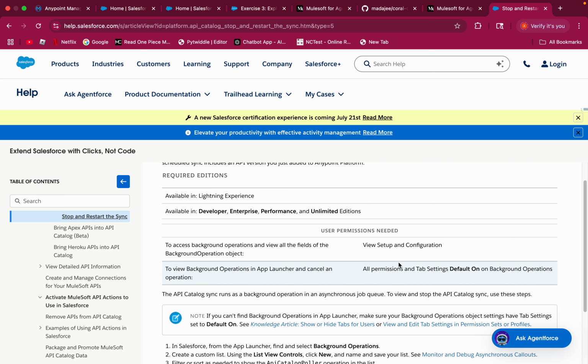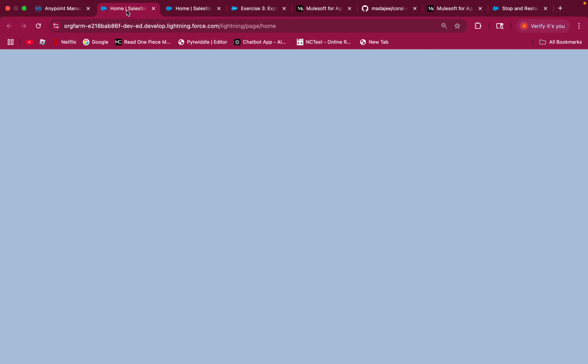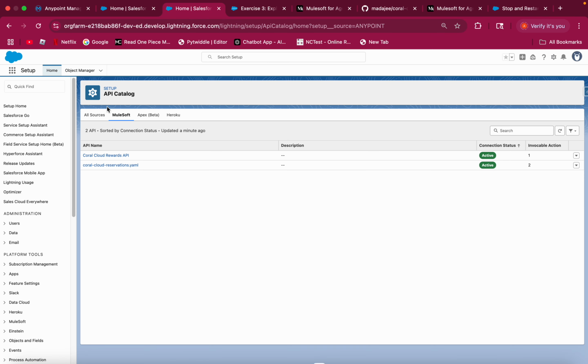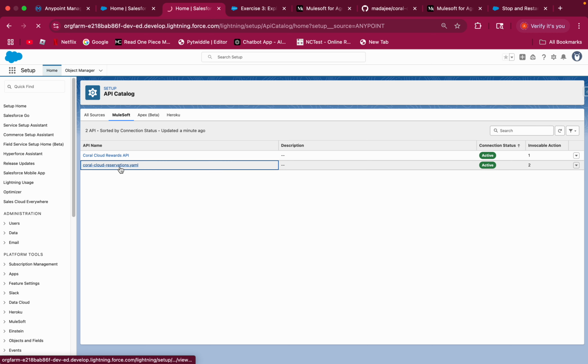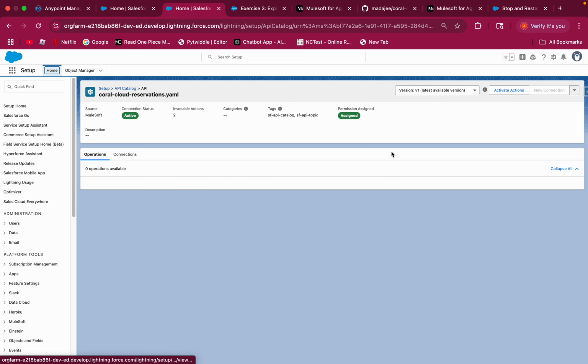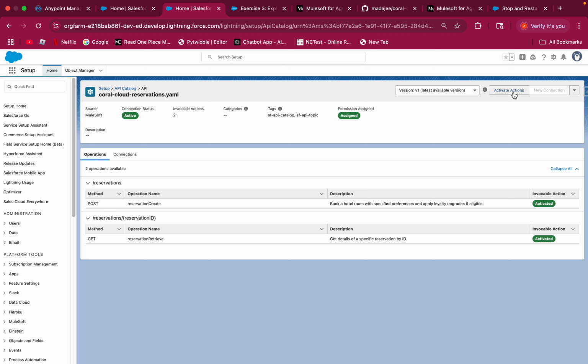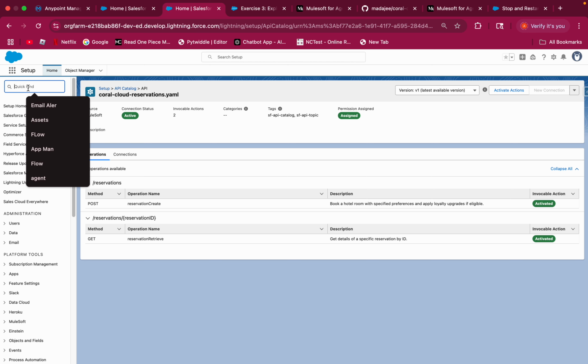You can follow this link to start the sync again if you don't see the API listed in the API catalog. But if that all goes fine, then you got to do the activate actions, and once this is all activated, normally the topics and actions should get created for the endpoints, but